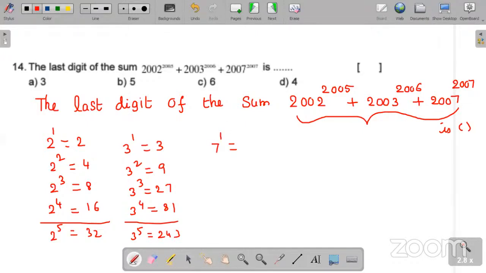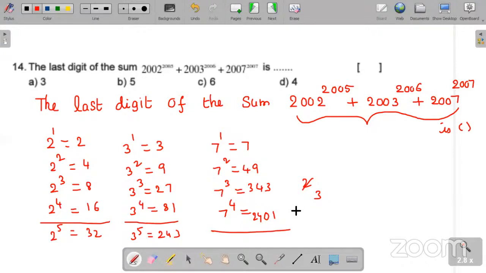Next, 7 power 1 is 7. 7 square is 49. 7 cube is 343. 7 power 4 is 2401. Again it repeats. So remember one thing: 2005 divided by 4 leaves remainder 1. 4 into 501 is 2004, so you get remainder 1. That means it is the same as this, and we can write